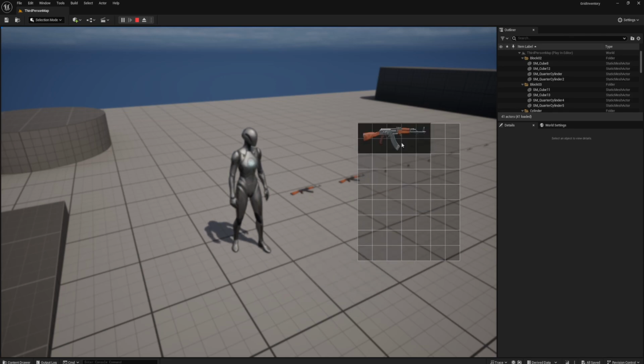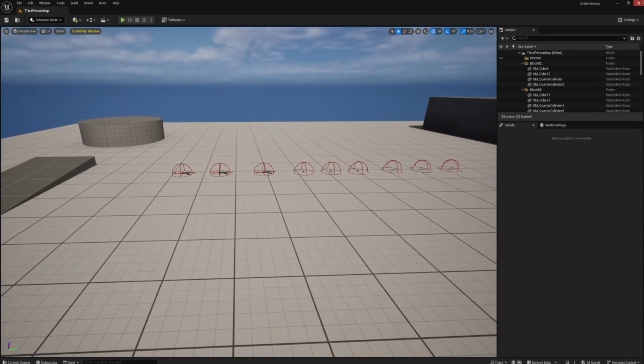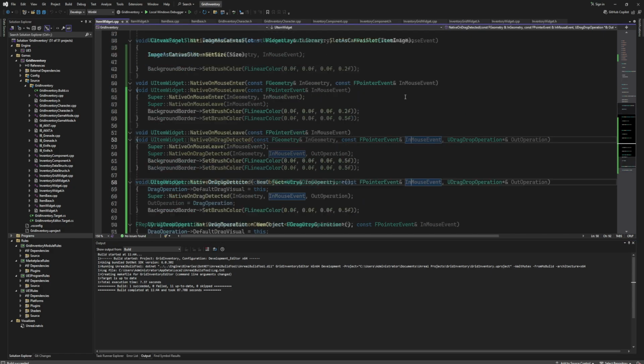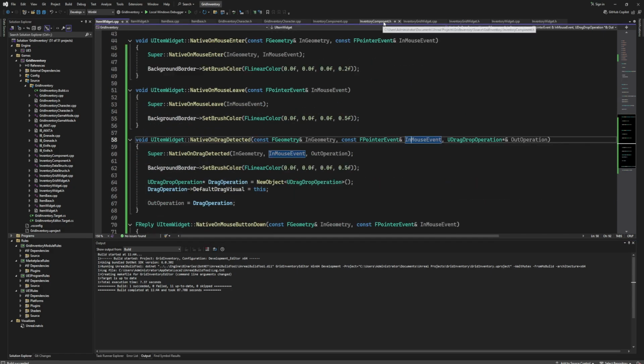Okay, but we are getting this weird behavior. We are duplicating the widgets, so when we drag this widget right here, this widget needs to disappear. So we need to do that right now. First let's close our Unreal Engine, and now we need to go to our inventory